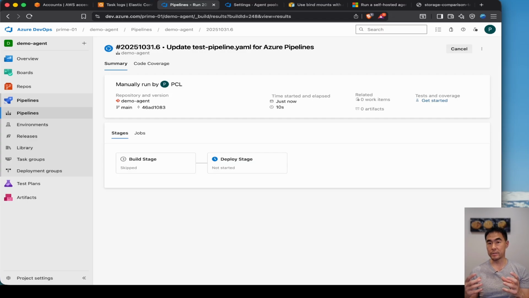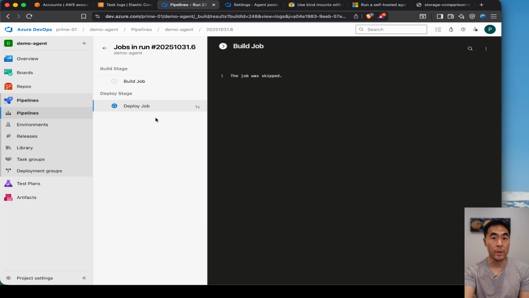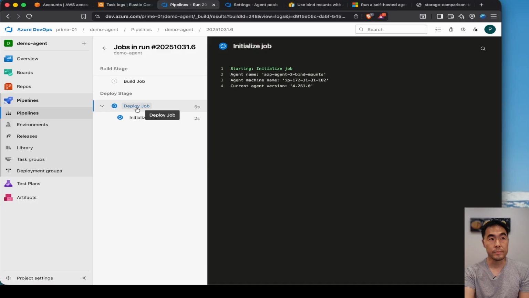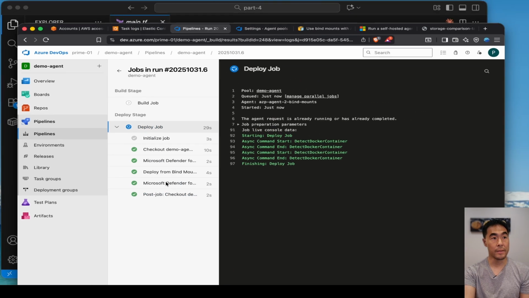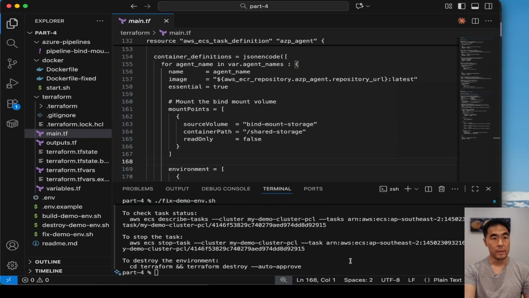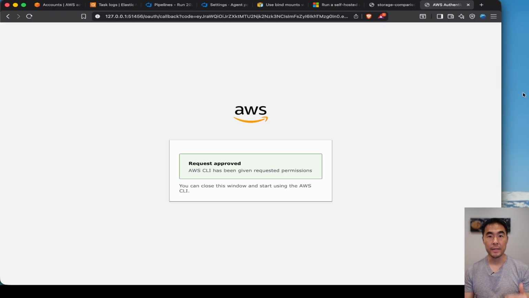So our containers are still alive, along with the ephemeral storage, which was created by that bind mount. So running just the deploy job should still work because the data in theory is still in there. Okay, that was successful. So I want to quickly rerun my fix demo environment script, which will stop the task and